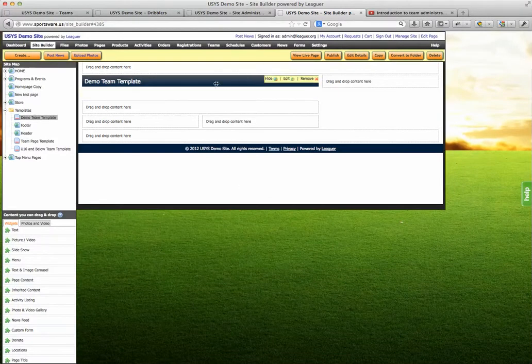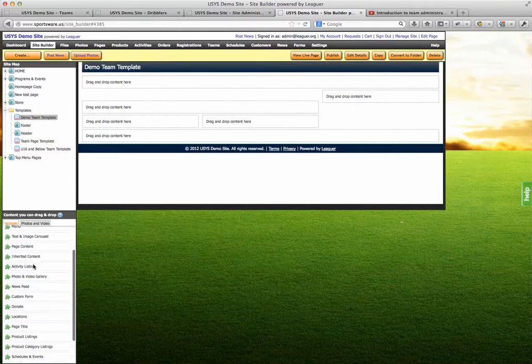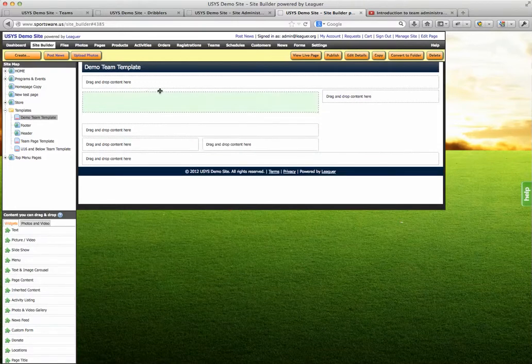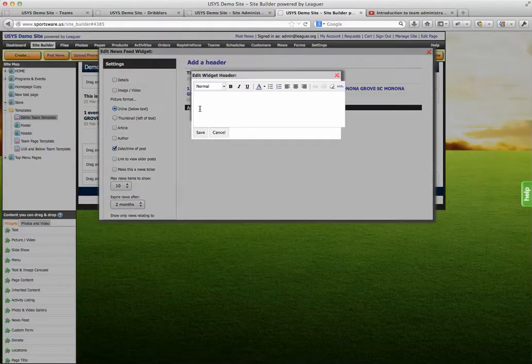So now it's just a blank page on here. I'll just drag this up here. And now the secret is going to be going to these widgets here down at the bottom. First, we'll add the news. Put the news feed in here. I can put it in the header,